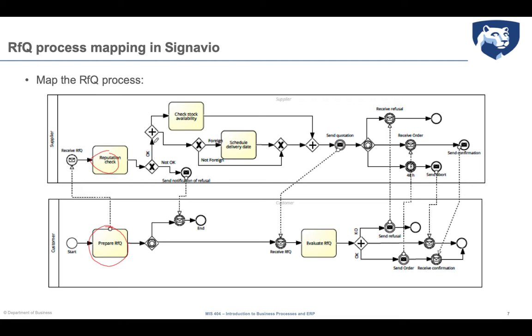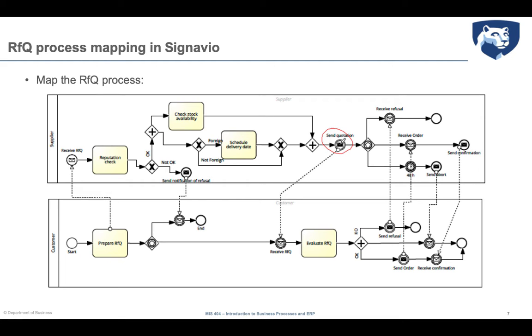If it is okay, then they first have to check the stock availability. So this is a parallel gateway, so both happen. So check stock availability, and then according to whether it is foreign or not foreign, they schedule a delivery date. And once all these decisional nodes have been solved, the supplier is able to realize a quotation to be sent, throwing event